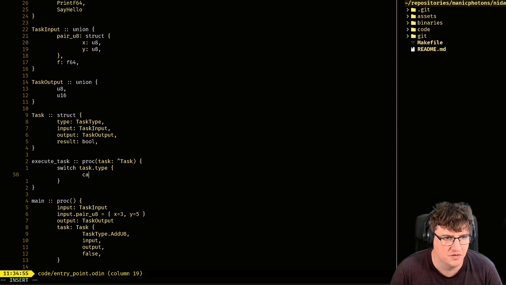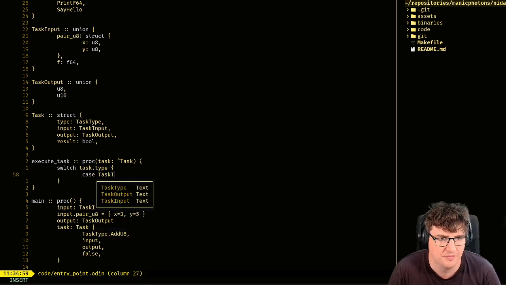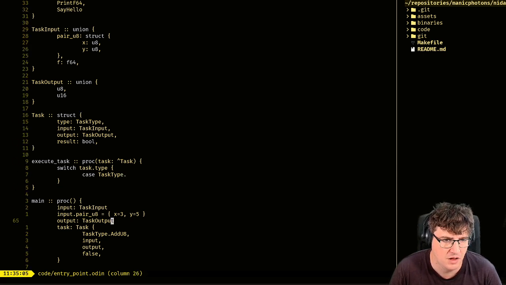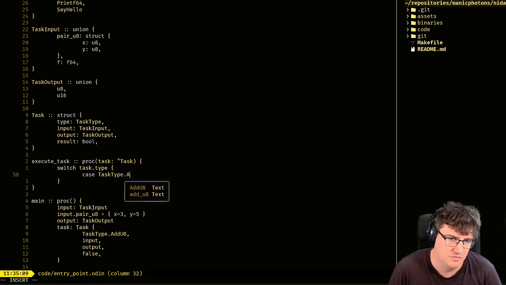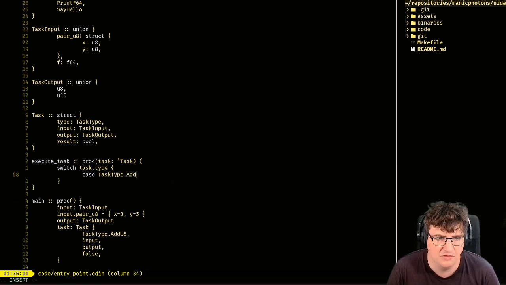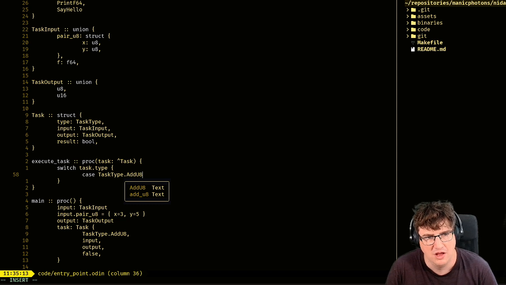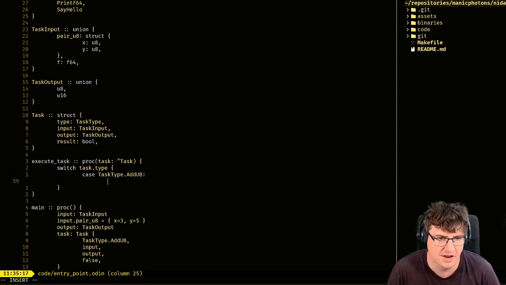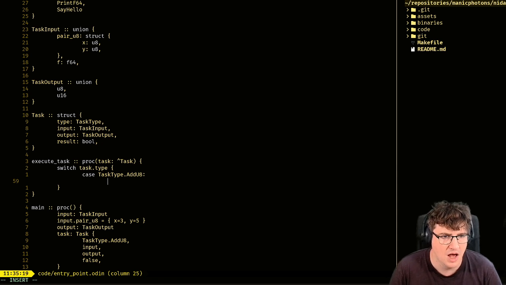And then we just run through them on a case-by-case basis, like task type dot. What did I have up here? I said the task type is an add U8, so from my enum that lists all potential tasks, I would know how to handle each case internally.